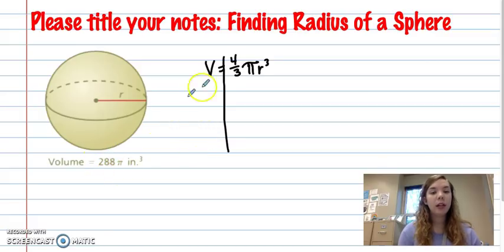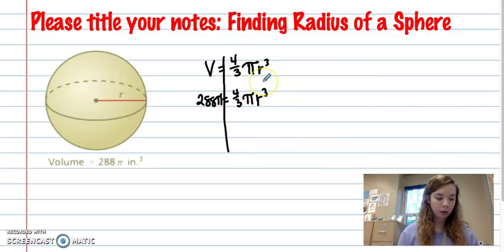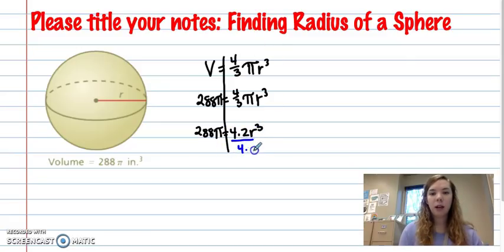So here we know V is 288 pi. And then here on this side I have 4/3 pi r cubed. So we are trying to solve for r. I'm going to go ahead and take 4/3 and pi and multiply them together, and that is 4.2. So I still have 288 pi equals 4.2 r cubed. Then I'm going to divide by 4.2 on both sides. So 288 pi divided by 4.2 is 215.4